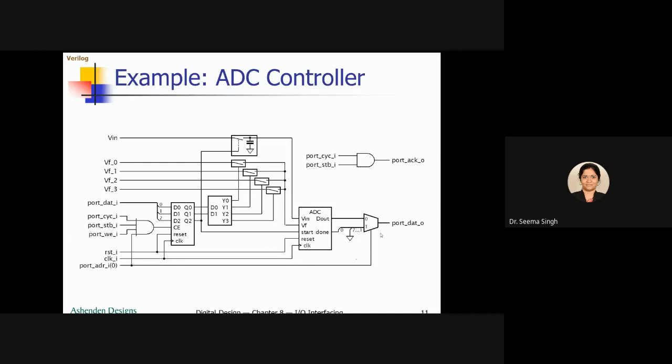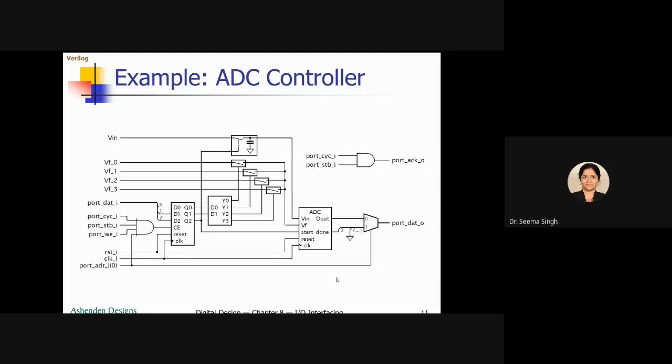Now there is also a mux here. So this mux does what? This mux, if port address IO is 0, so what happens if it is 0? It will select the 0th input, and D out, the converted data will go in the port data output.